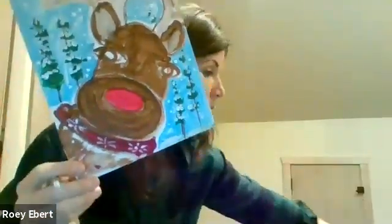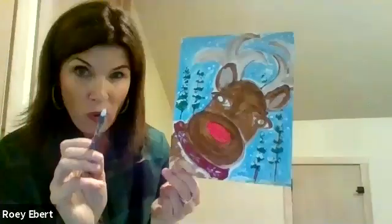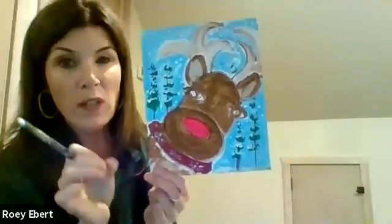Okay, let me show you. For the jingle bells, if you want to do that. Okay, so get really creative because there's a million different ideas you can have for the collar. Oh, I kind of like this though. That's cool. All right, so I am going to wash off the white because the next color I'm going to